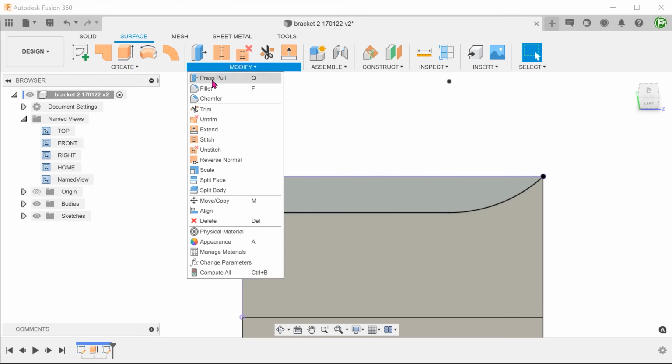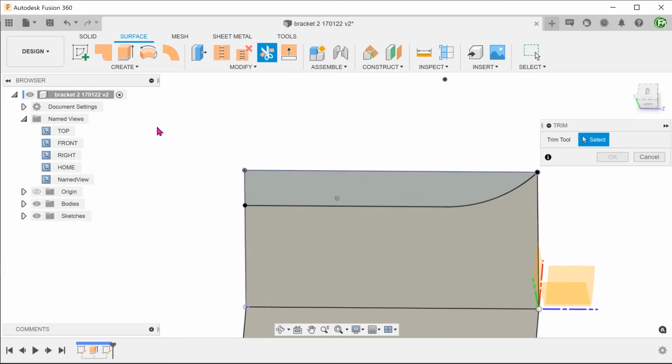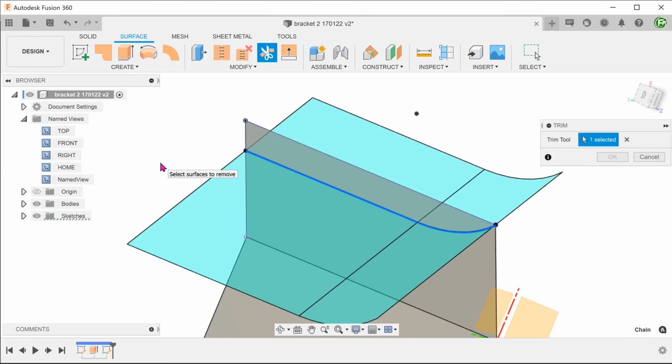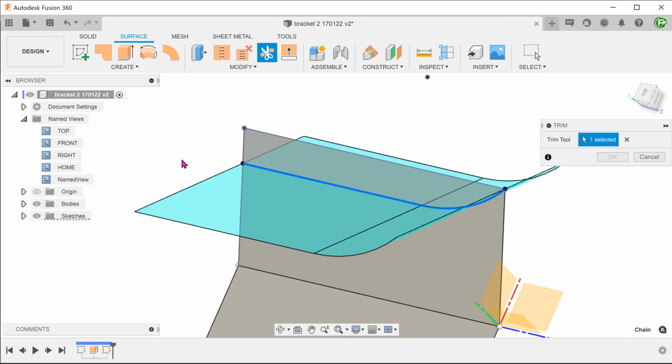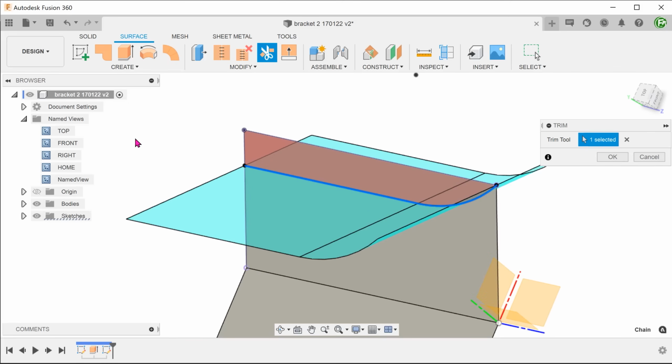Go to Modify, Trim. Select the sketch as the trim tool. Select this portion of the surface to remove. The portion turns red. At this point, confirm the trim.